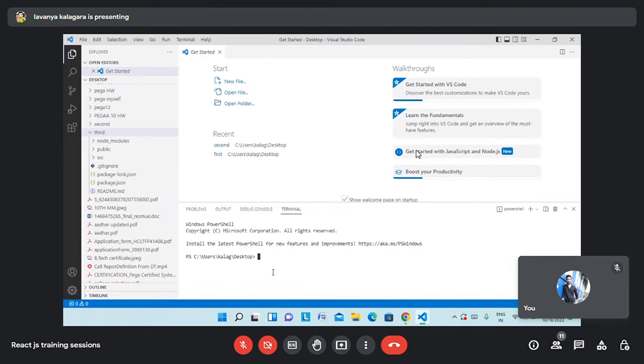Okay, go to third. It is always a good idea to create a separate folder so that you will not mix many things together. Now what you are doing is, on the Desktop you have several things. Tomorrow you'll find it difficult to know which is React.js related stuff. Okay, don't do any npm. Do an ls,